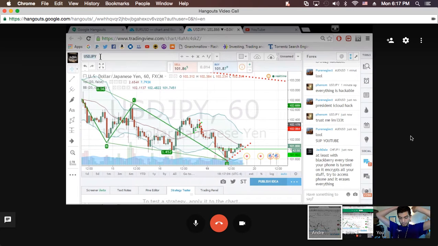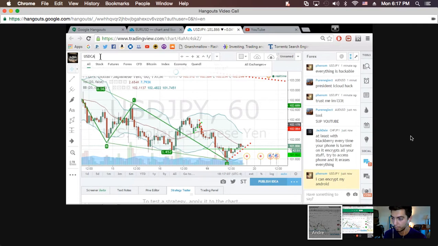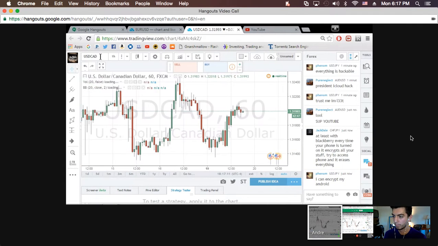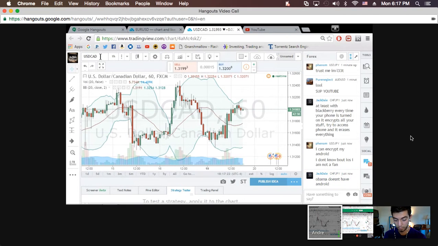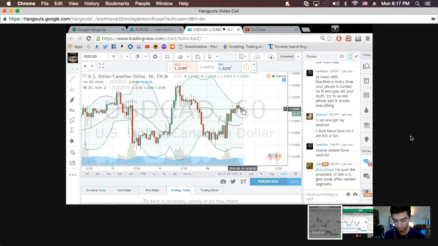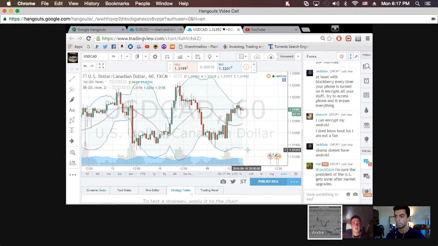I just did my sight reading on that CAD thing. Let me repeat what I just went over, just to see if you agree or disagree. On the hour chart here, it's been moving down pretty well, hitting the bottom and the top Bollinger Band. So it'd be safe to assume here that it's a good downtrend. However, the US dollar is a good buy, really on any chart. So I would wait for an entry if you're looking at USD CAD. Just wait till it hits the bottom Bollinger Band. I would buy USD CAD. Just gotta wait and see.